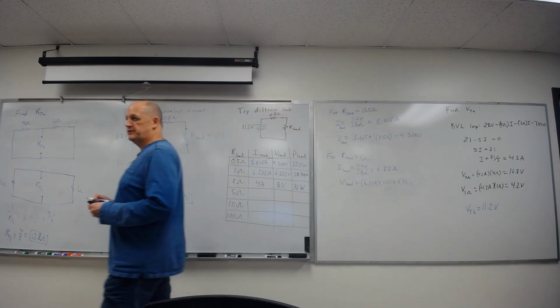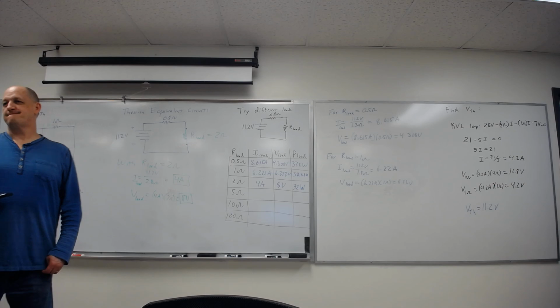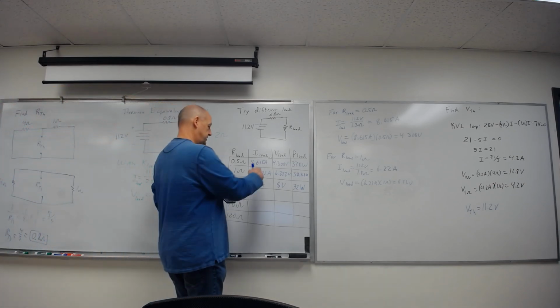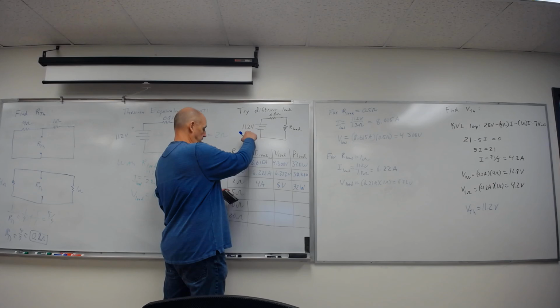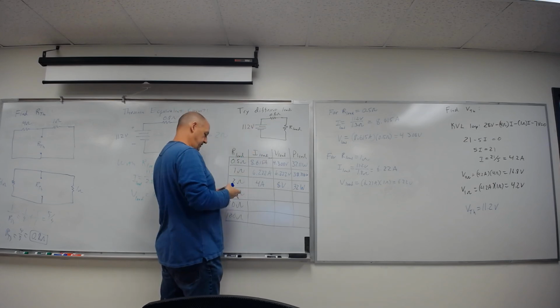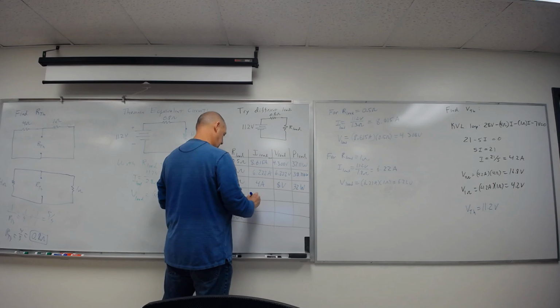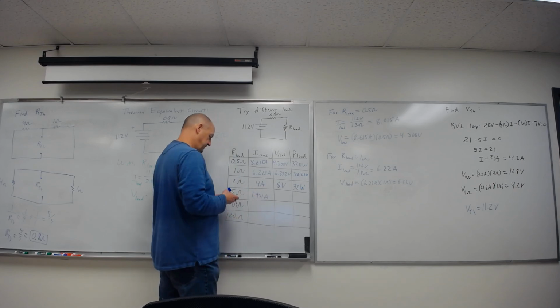You guys good with those two? I'm going to go down and do the rest without writing it all out. So to get the current here, I would take 11.2 divided by 5.8. 1.931 amps